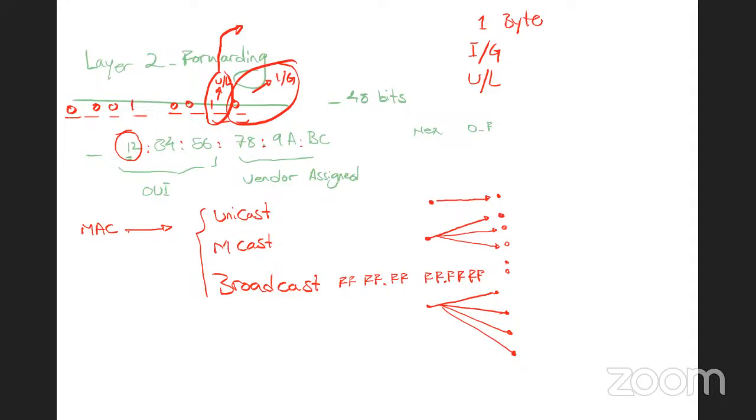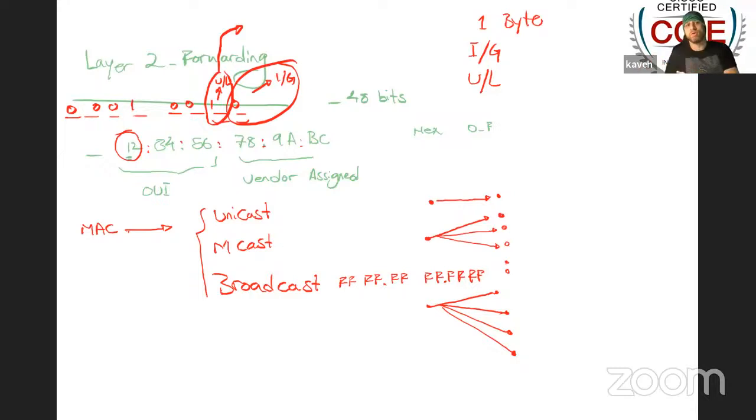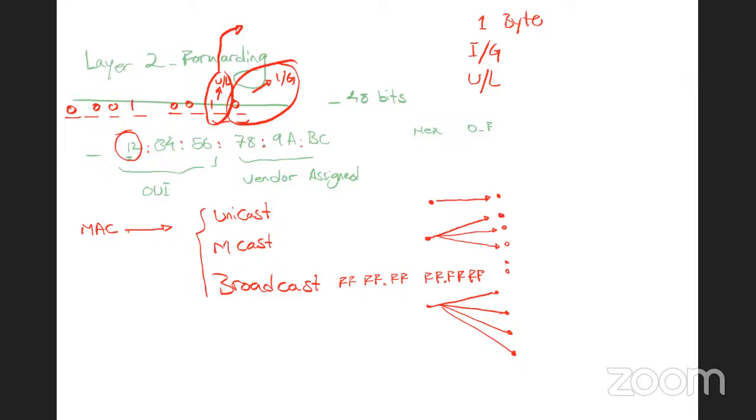So you mean for the IG bit, if it is 0, it is unicast. If it is 1, it is multicast, right? Either multicast or broadcast. But the broadcast needs to be all F. So if the address